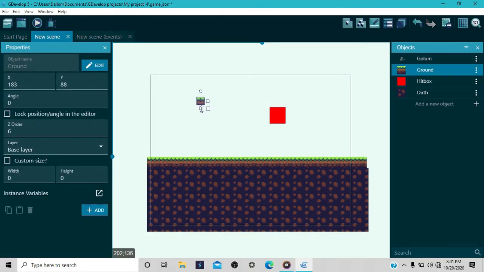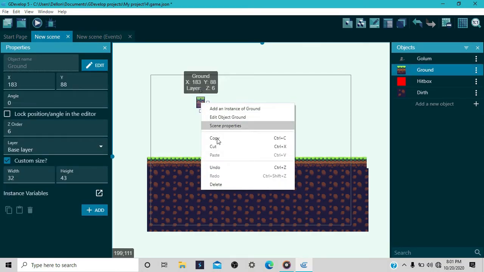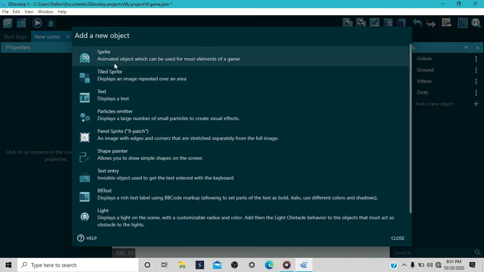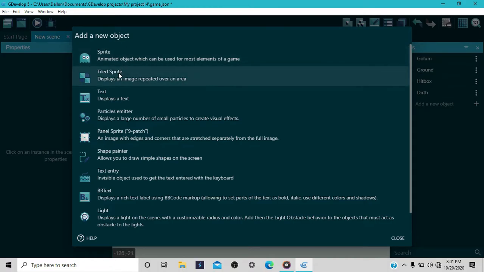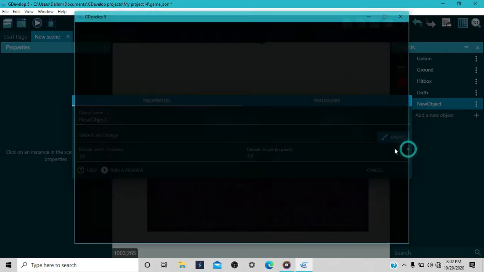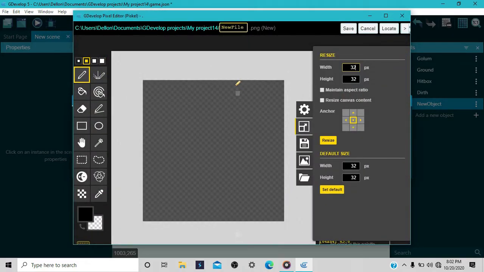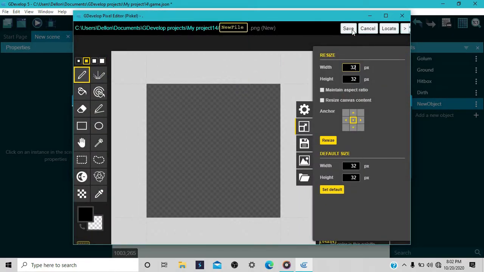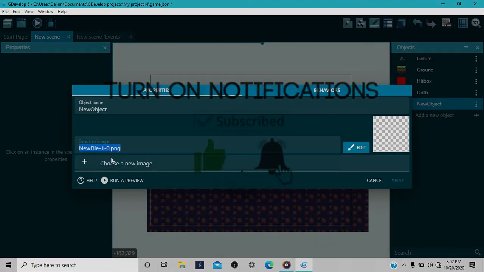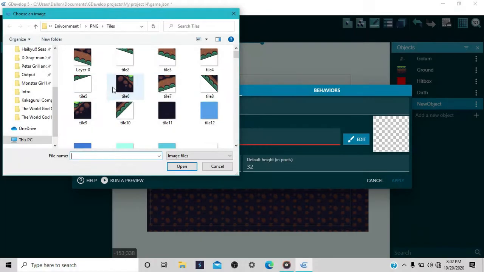Alright, so here we're putting one block or one platform on the screen right here. Let's just start over first and give you guys an example of what to do. First, we have a sprite. You're gonna use tile though, because tile stretches out. This tile sprite keeps repeating itself. I already have the image, so I don't have to draw it or anything.